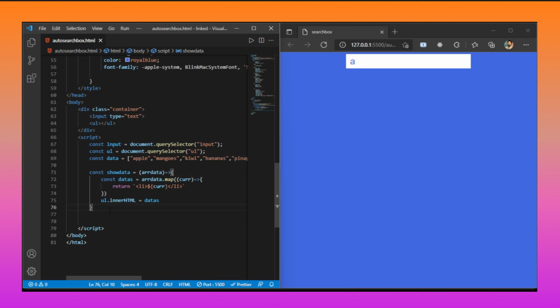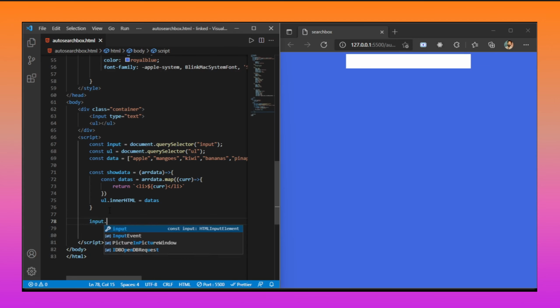To do this, we need to listen to this input.